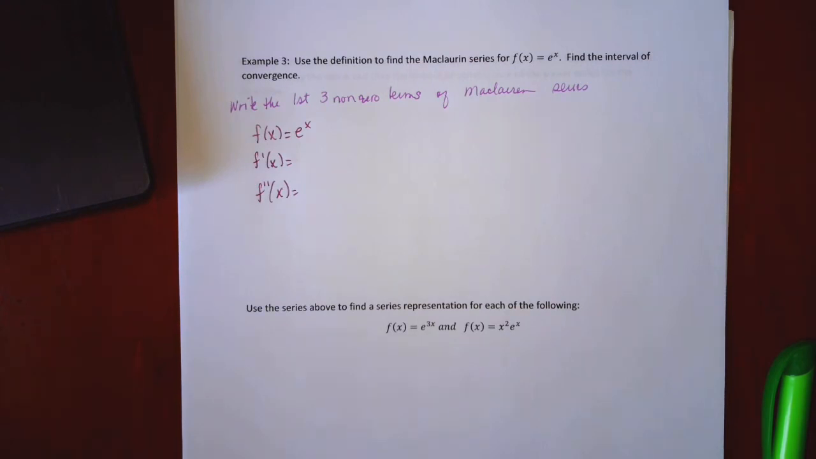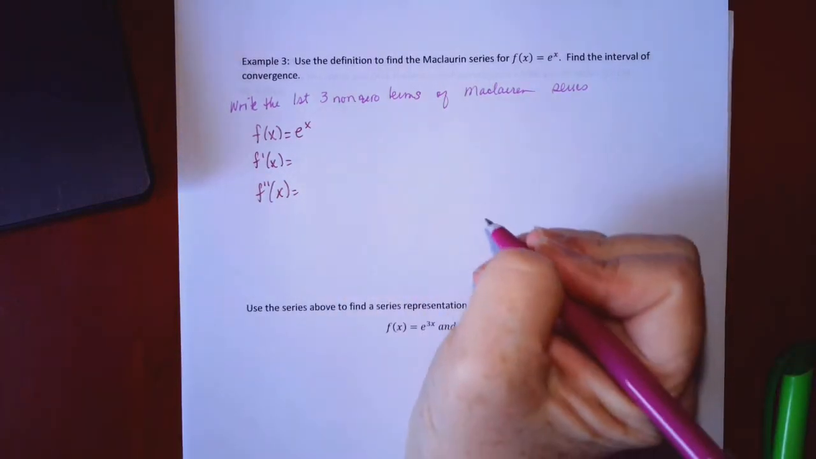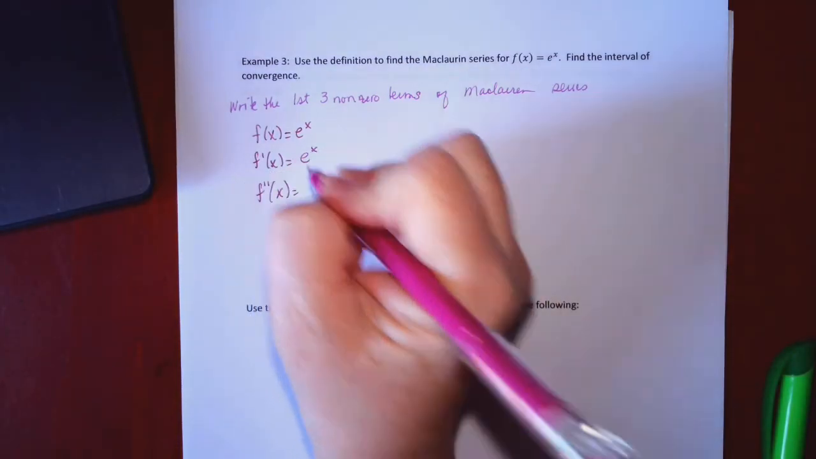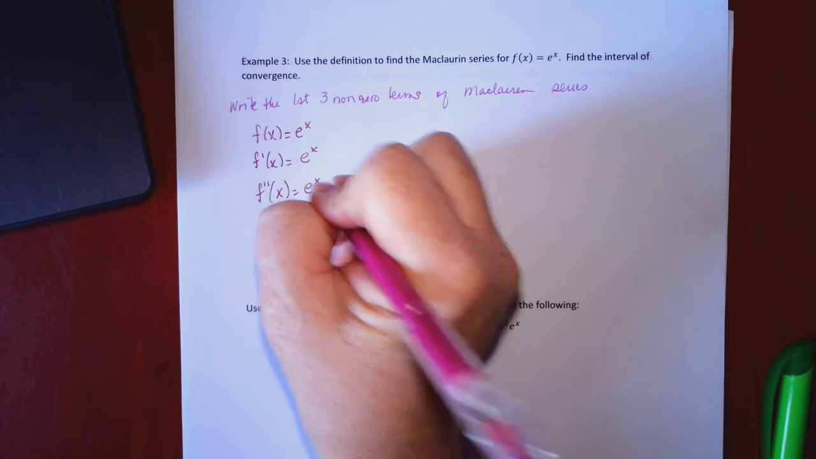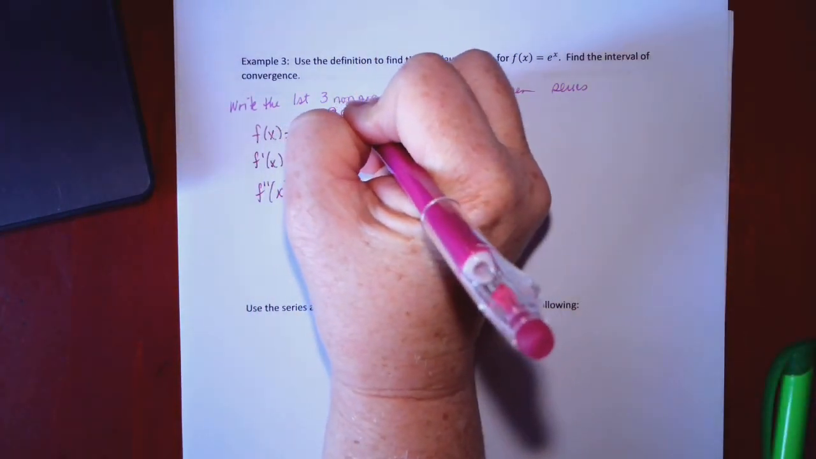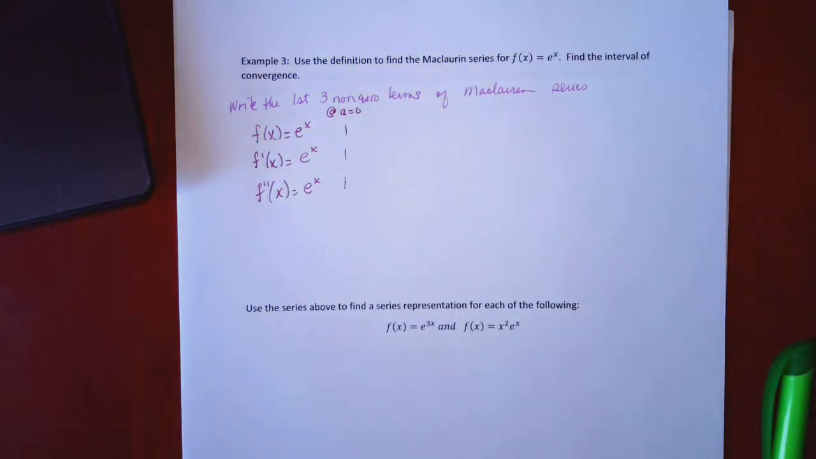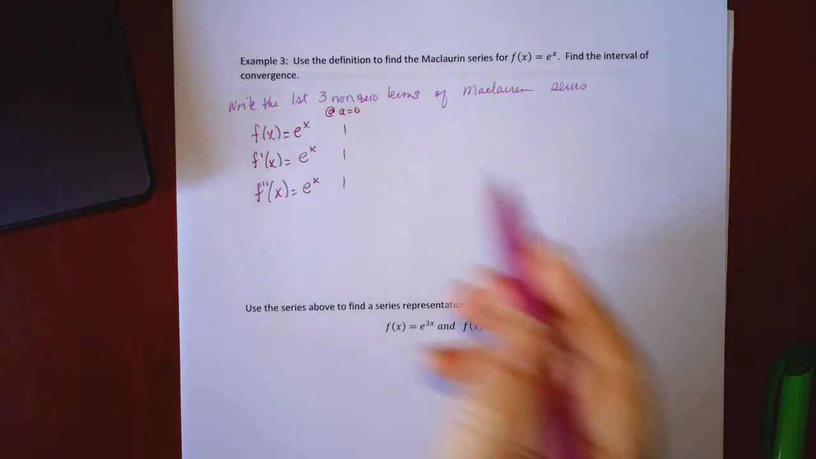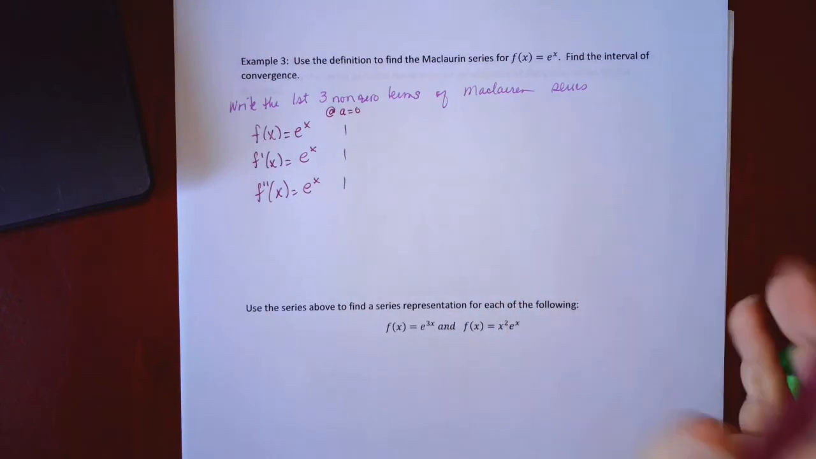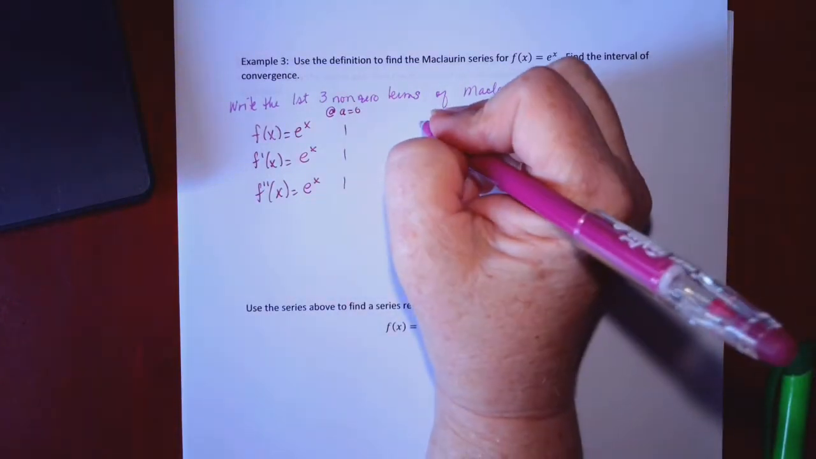Are you ready to look at the first three terms? Okay, what's the first derivative? Gosh, we love e to the x, don't we? And the second derivative, same. So when we plug in a equals 0, we would get 1, 1, and 1. Yes? So if we were trying to write out the first few terms of this Maclaurin series, we would have